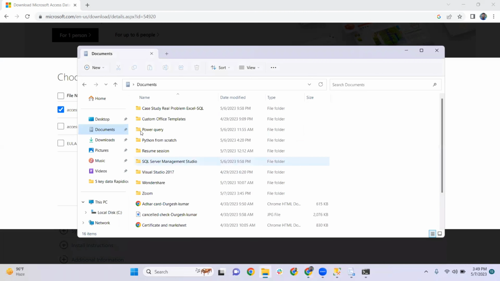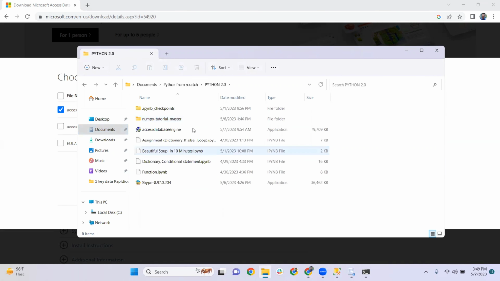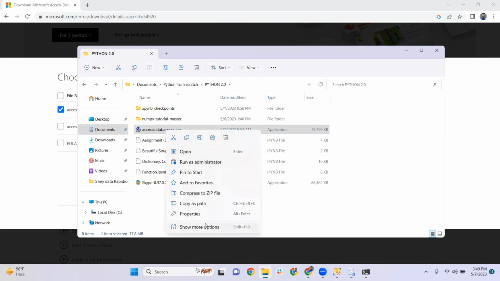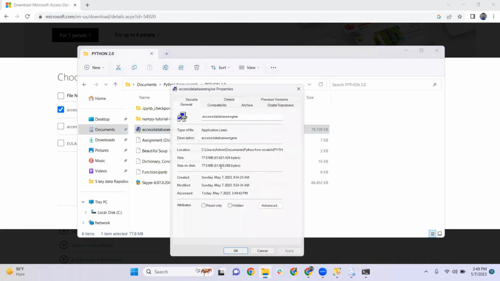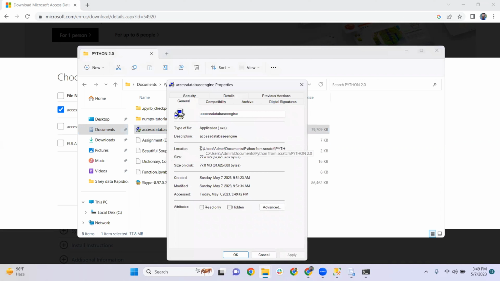Let me copy it quickly. So basically, I download it in Python from scratch. I think, yeah, here I have downloaded. So see, I have this, right? I will just right click here and then click on properties, and then I can copy this path,